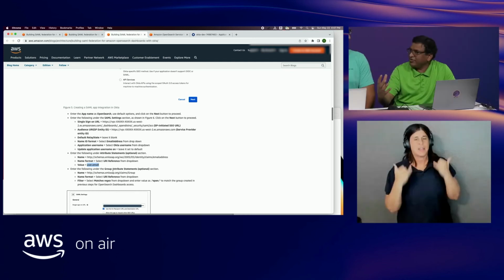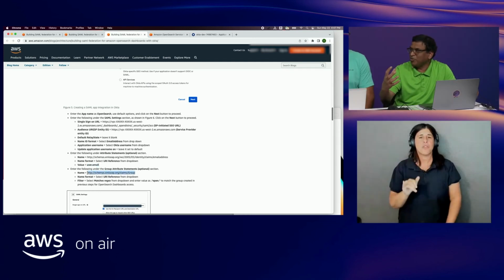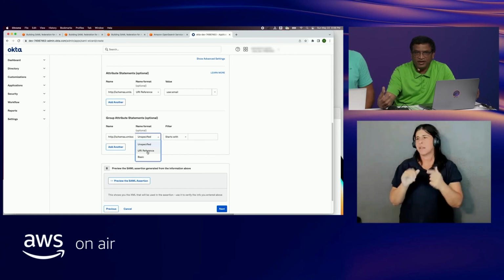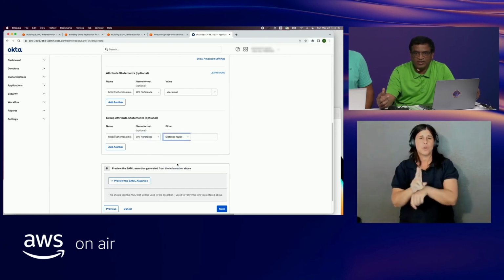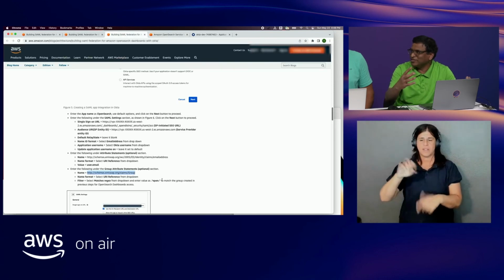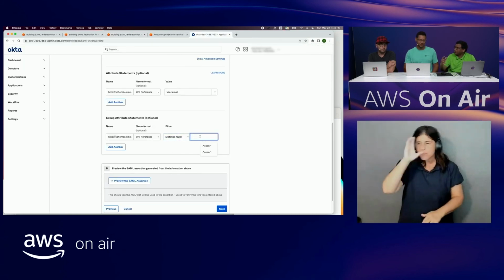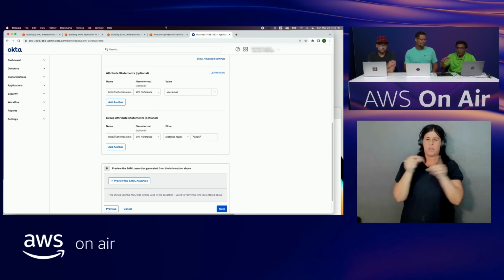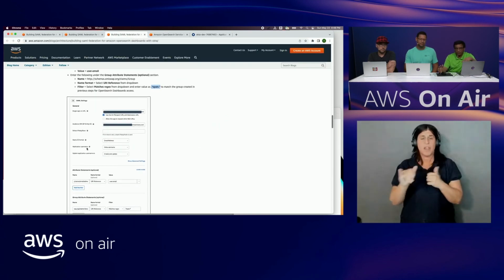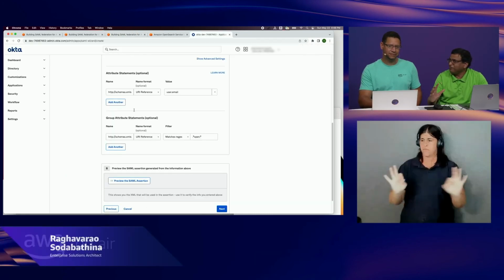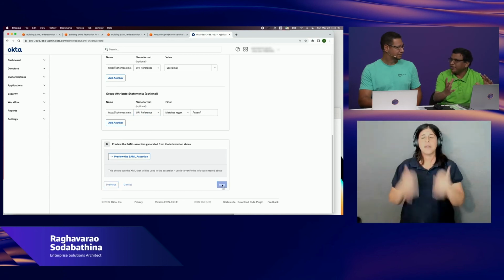So now once email is done, we also make sure that only the particular group will have access. That is the reason we are mapping a group attribute here. Here we are putting the group we created. Here also we are using the URL reference, and we are trying to match the group name. Instead of hard coding it, we are just putting the basic prefix so that it can find the group associated with OpenSearch. Once it is done, we click on finish. That way we are configuring the SAML configuration from the Okta end.